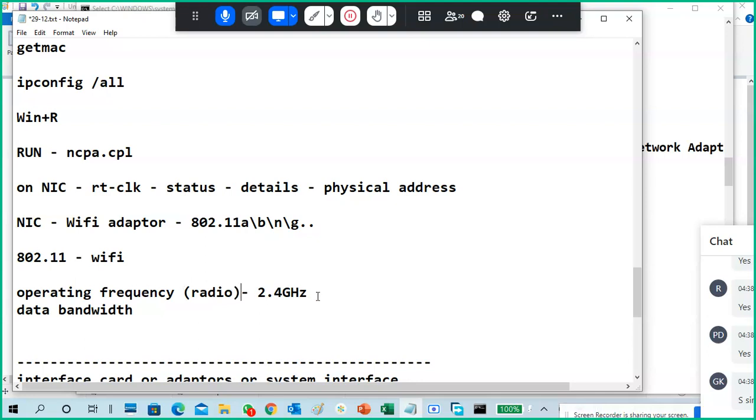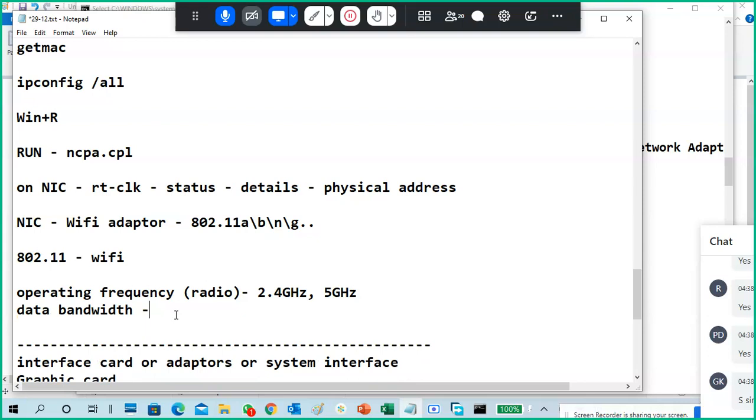Another type is 5 gigahertz. I am not writing for A, B, C and so on; N supports both. Data bandwidths are different types, like the net connection speed: 54 Mbps, 100 Mbps, 200 Mbps are also there.